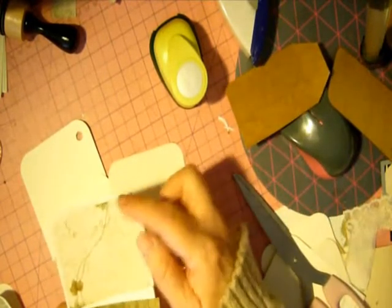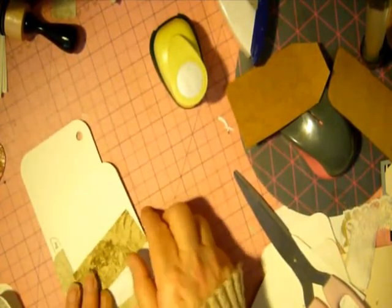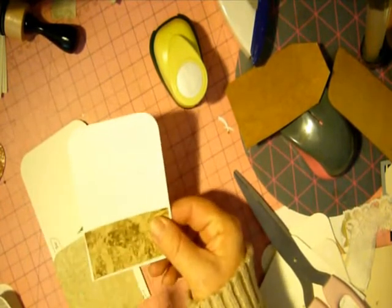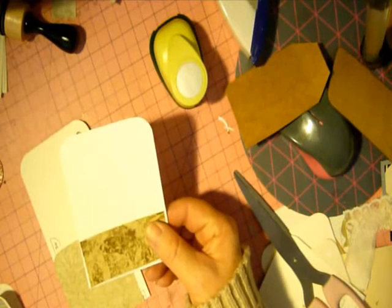If you're just putting a plain tag in, it won't be too busy. So I just cut that out and did the corners, rounded the corners. So that was that particular one there. And the third one was just putting the paper on the bottom, like that. Okay. And then the green one,